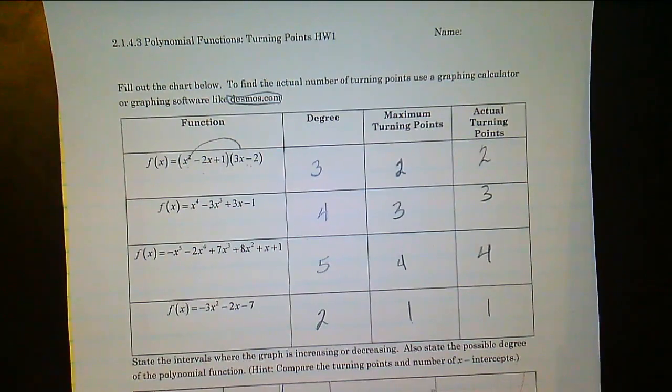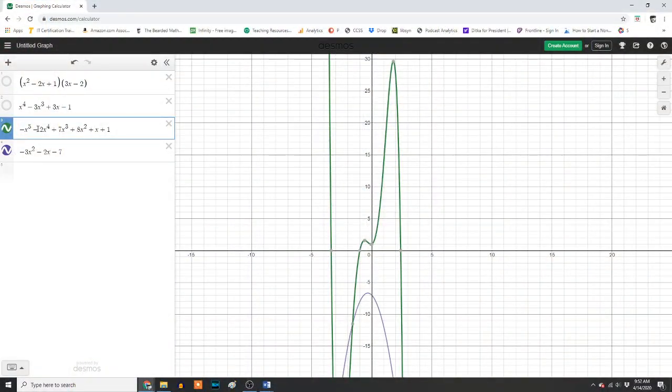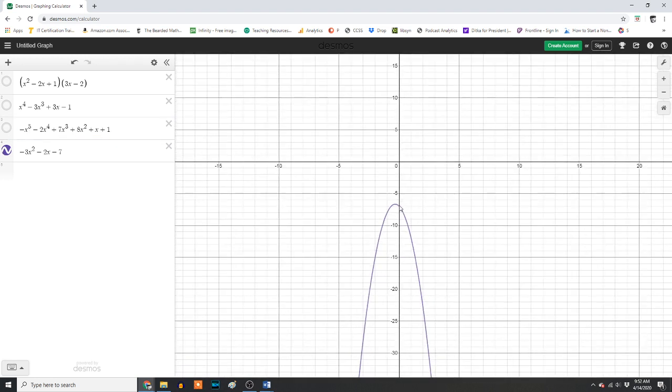We don't even need to graph it. We can, but we don't need to graph it. It's quadratic. Quadratic equations always have a vertex, and that vertex is the turning point. So there we go. All right, now,